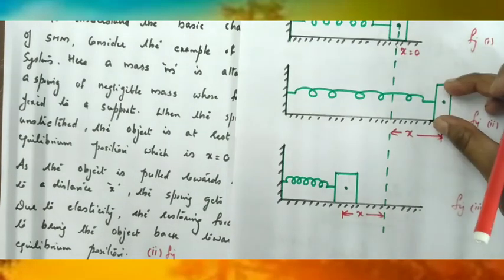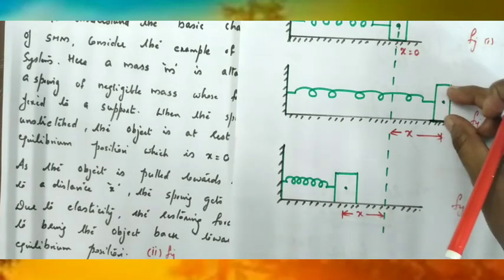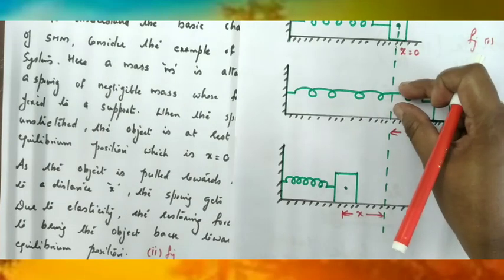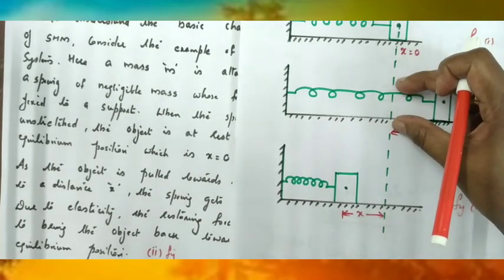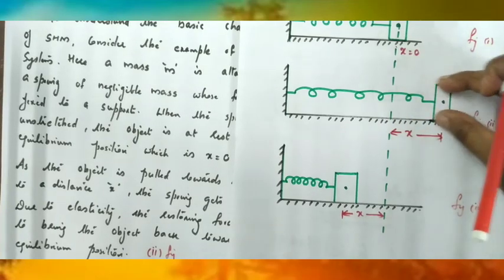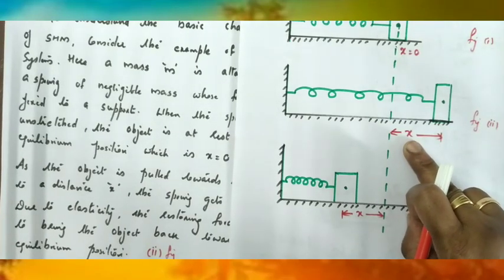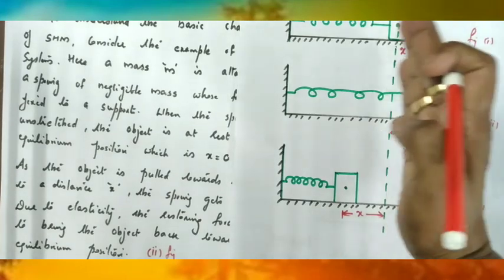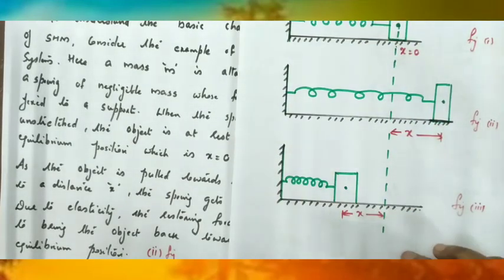So if the spring is stretched to one end and released, what happens? The spring comes back to the initial position, because of the restoring force. So in the second figure, if we apply an external force towards right, the spring stretches, producing a displacement along the positive x direction. If it is released, what happens? The spring comes back to the initial position and the spring gets compressed also.